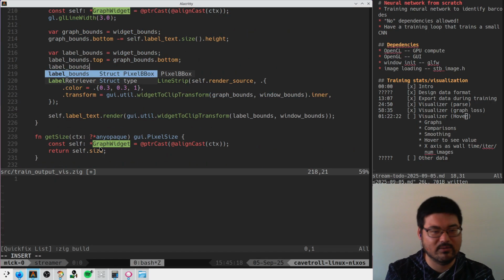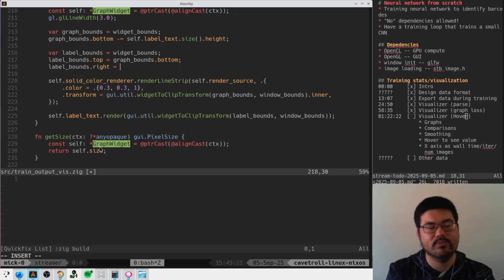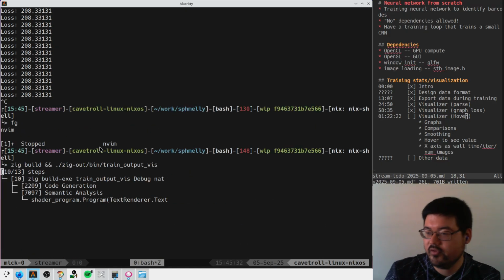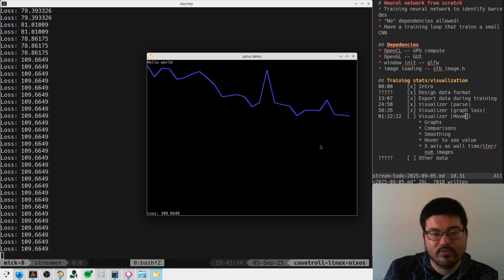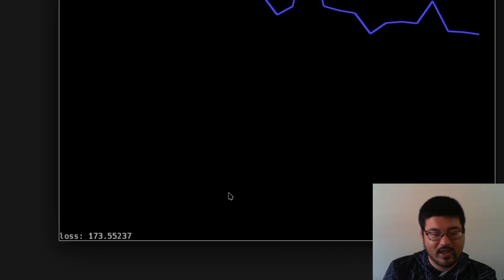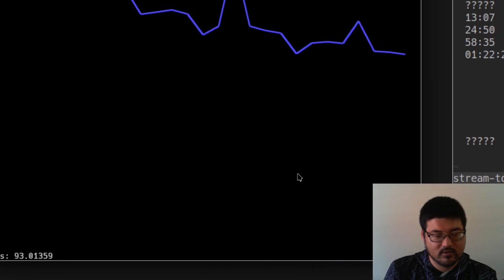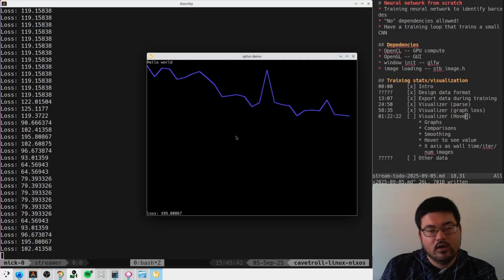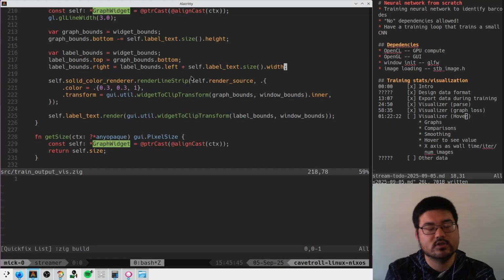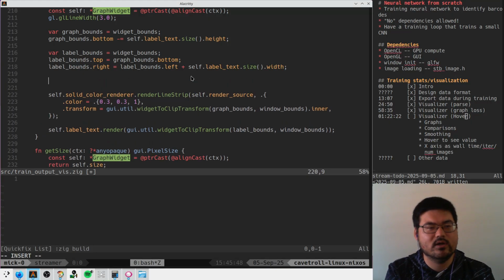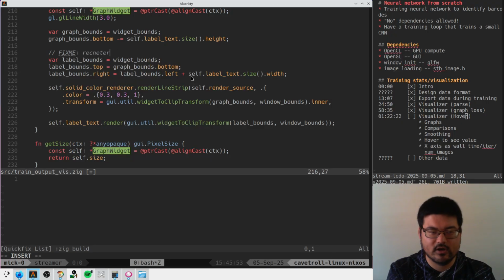Because we need to adjust our label bounds right to be label bounds dot left plus self GUI label text size width. There we go. That's a lot better. Look at that. He's working. Okay. So maybe we want to center this as well. We might want to recenter, like center relative to the thing, but